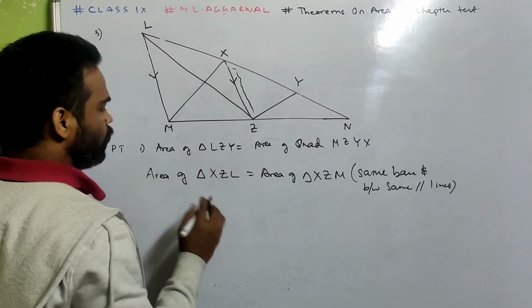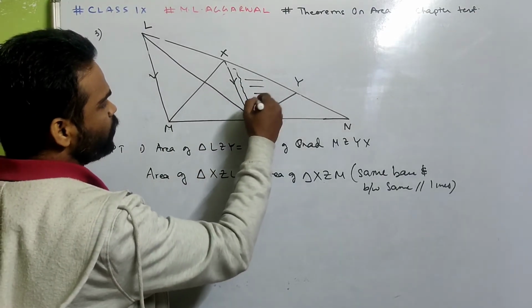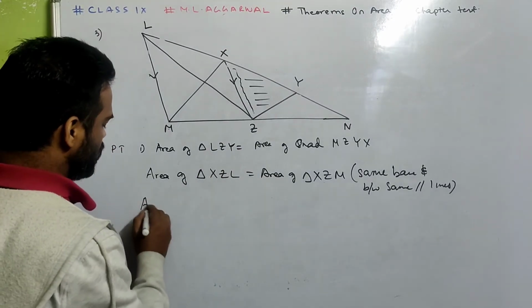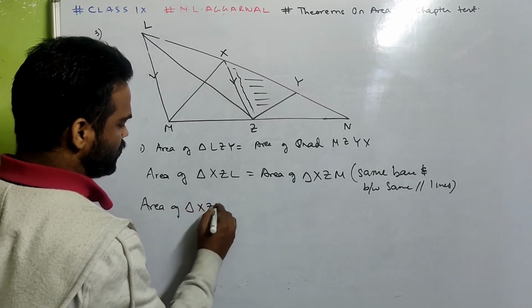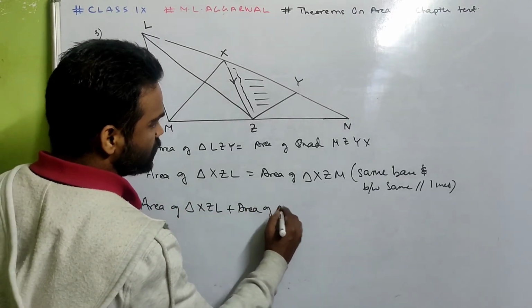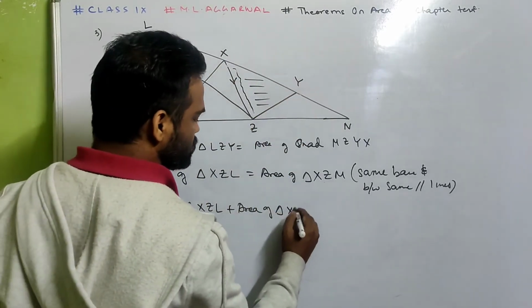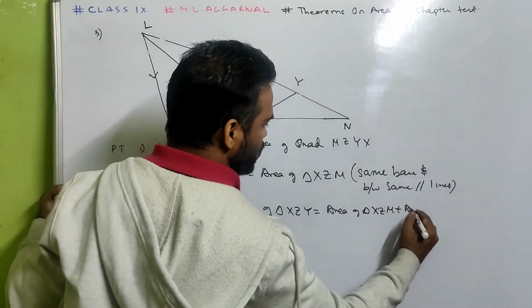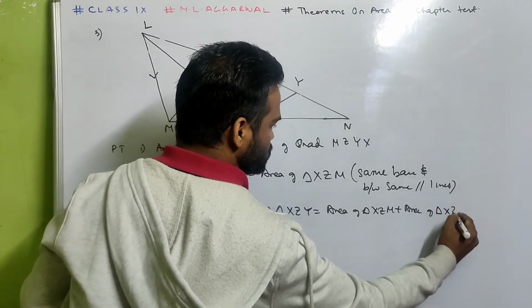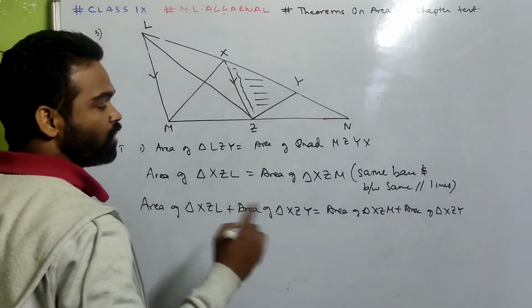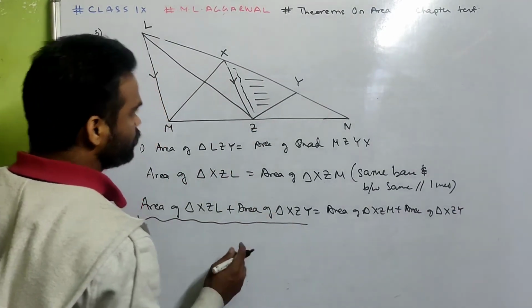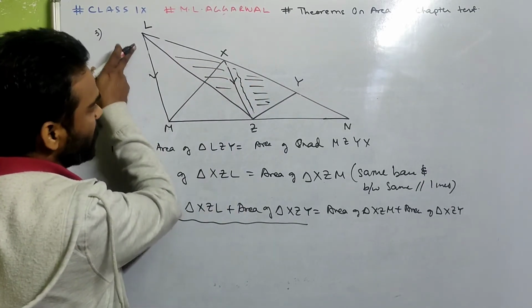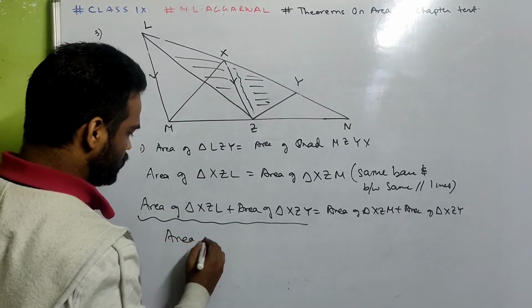Very easy. What I'll do, I'll add this portion on both sides. We can do in an equation, same quantity on both sides. So I'll add: area of triangle XZL plus area of triangle XZY is equal to area of triangle XZM plus area of triangle XZY. I've added XZY on both sides. Now look carefully, this portion and this portion becomes LZY. So area of triangle